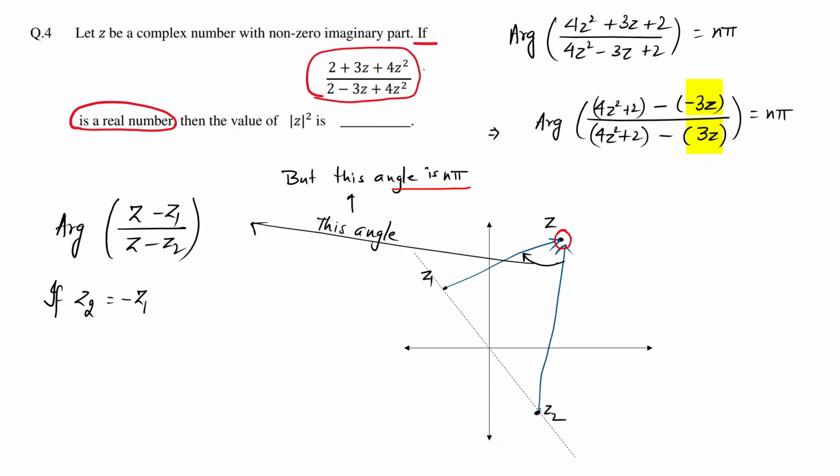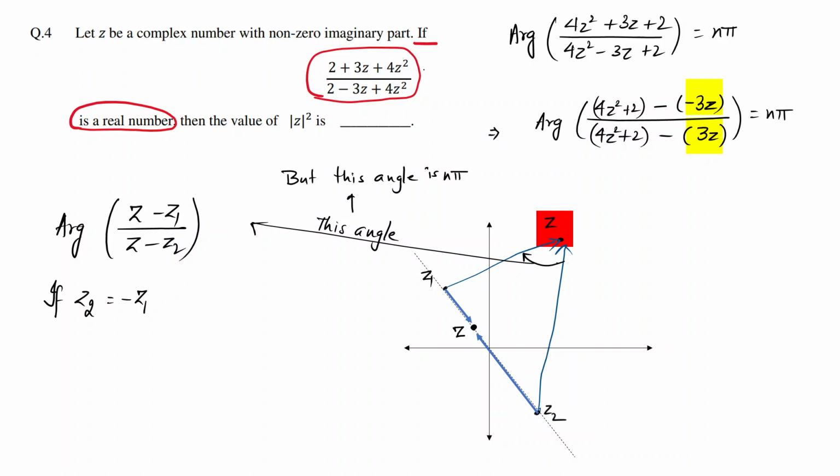You feel that these two vectors which are connecting z1 and z, and z2 and z, should become parallel or anti-parallel. When will that happen? This is not going to happen when z is here. This will happen when your z is on the line joining z1 and z2. So your z should be on this line. It should be in between z1 and z2. When it is in between z1 and z2, you will get anti-parallel vectors, and the angle between them will be